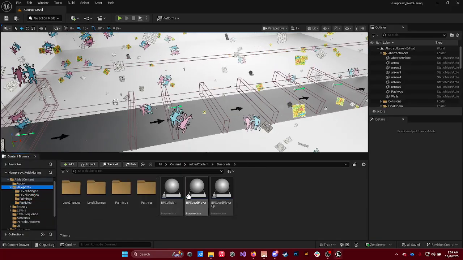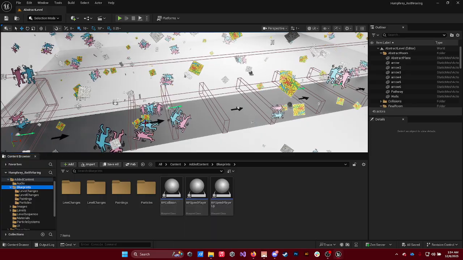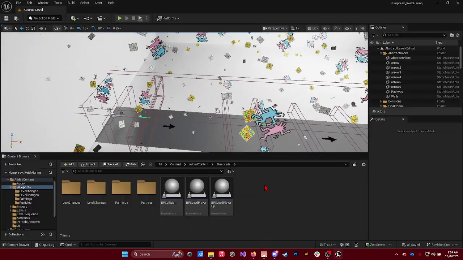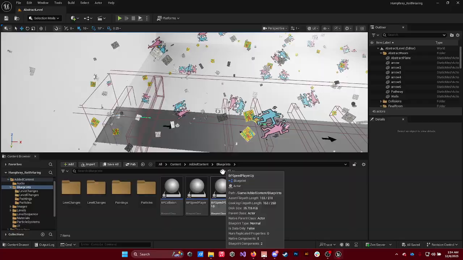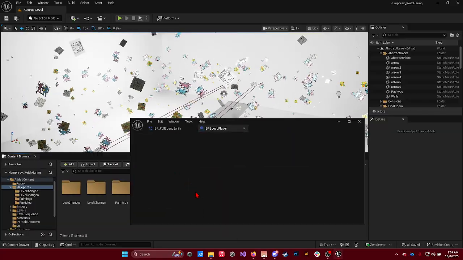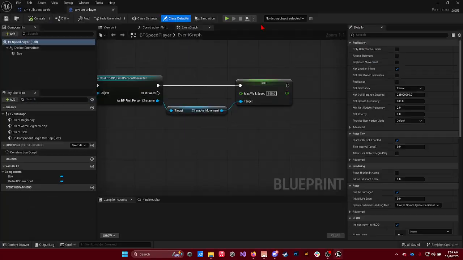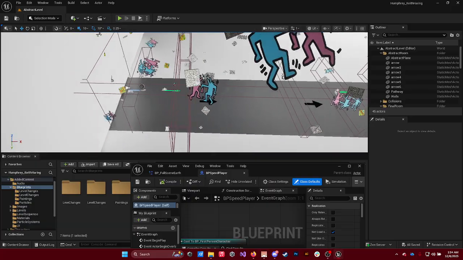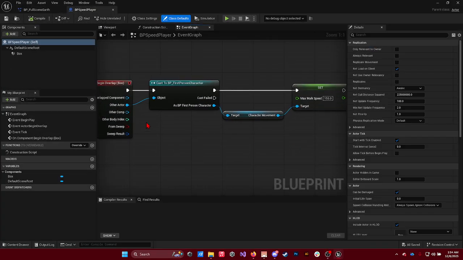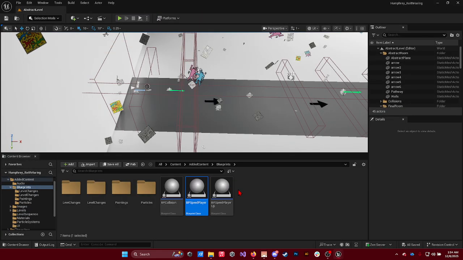in my blueprints, we have all these. Collision means that the player can't go out of these bounds. They can only stay on that strict linear path. Player speed up is at the very end. It just helps put the player back at normal speed. But how those two work, because there's player slowdown, which is right here with these other particle systems, is it basically figures out whenever the player overlaps the thing to just slow their speed down a little bit, to kind of get the player to be intimate